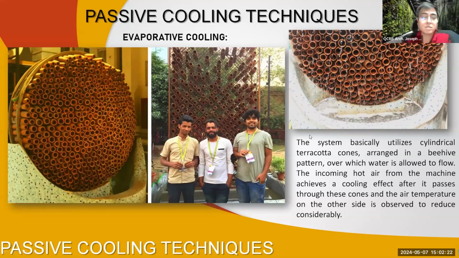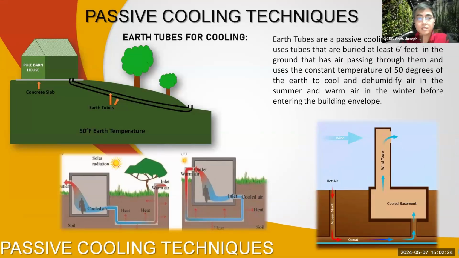Another way of cooling the air inside your house is using earth tubes. This is actually used in Africa. Earth tubes are passive cooling techniques where the tubes are buried 4 to 6 feet in the ground. It's cold there after a few feet. Even if your environment is very hot, below 6 feet under the ground, it will be as cold as